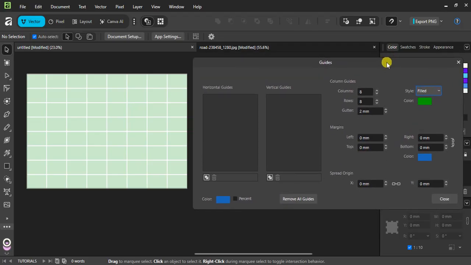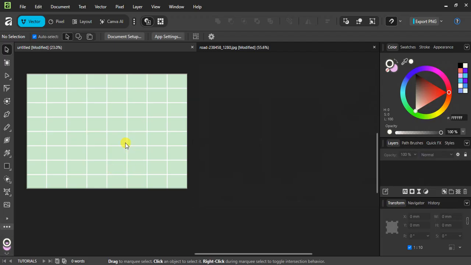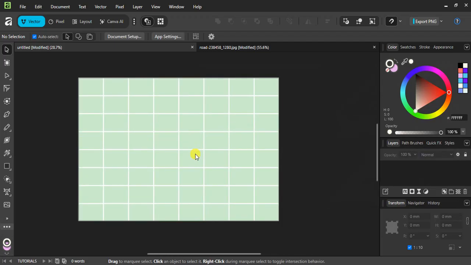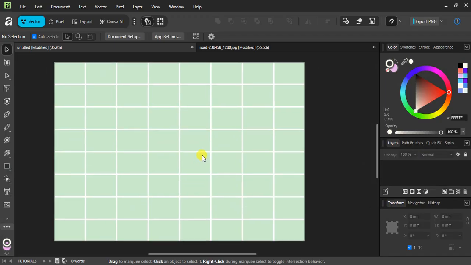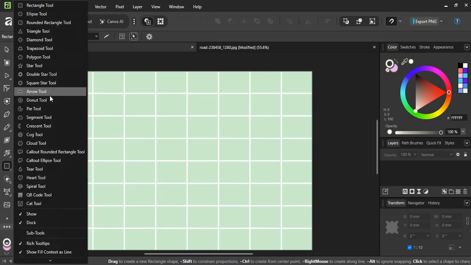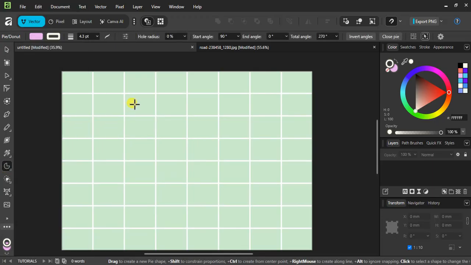Your guides will appear immediately on the canvas, ready to help with snapping and alignment. If you need to tweak the grid, just return to the View menu and open Guides again to refine the values. With a well-planned guide setup, you'll work faster, keep spacing consistent, and give every project a crisp, professional finish. And remember, guides do not print or export, so your final files stay clean while the